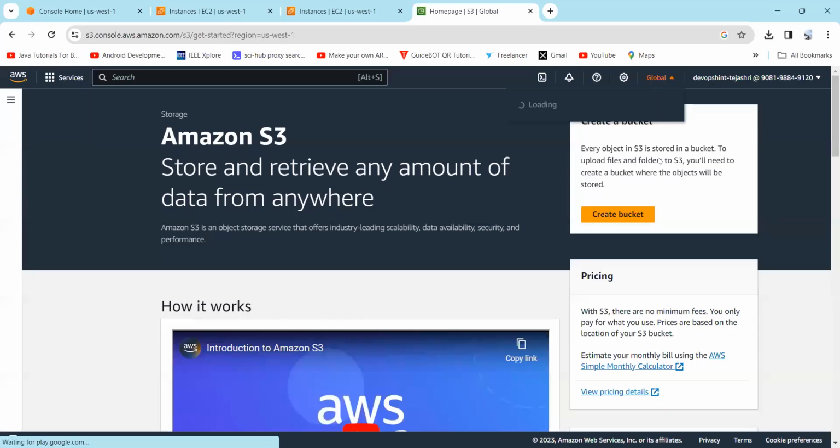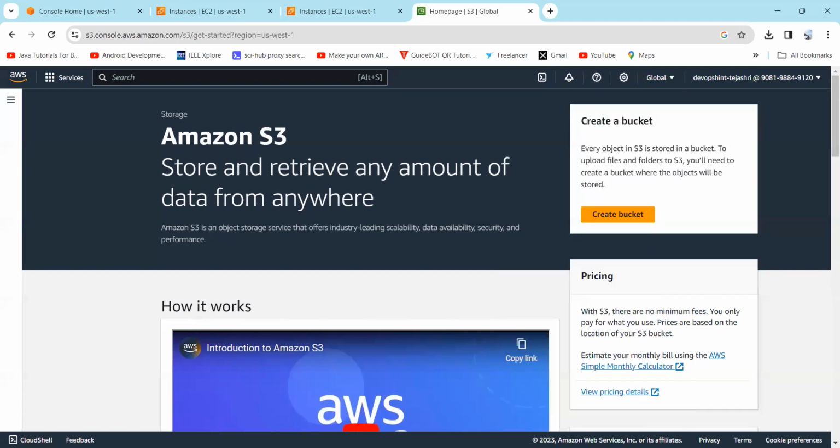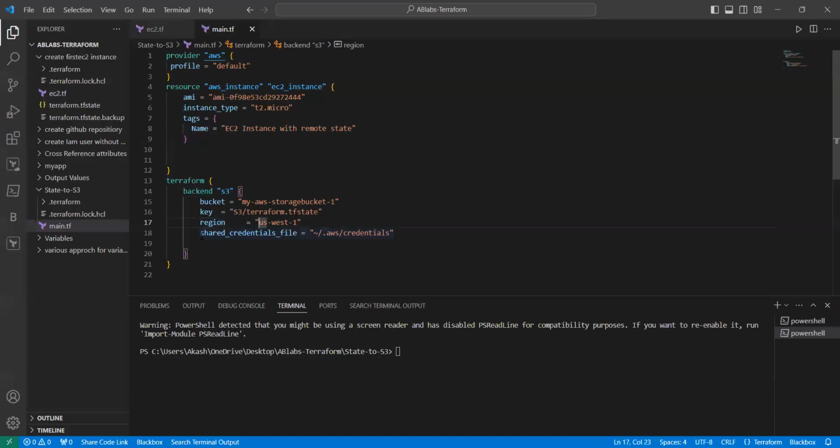So we are currently using region North California. And as you can see, this is the reference name for North California, which is us-west-1. Next, this is the key. Now,